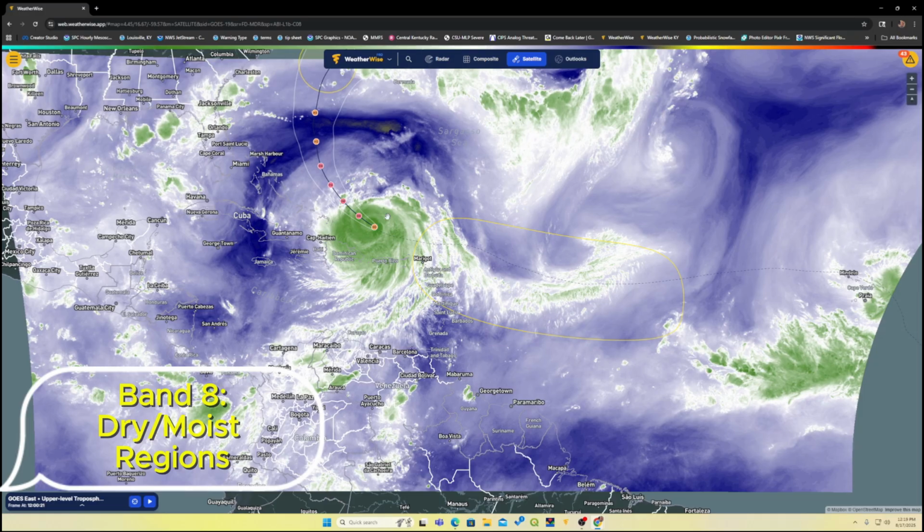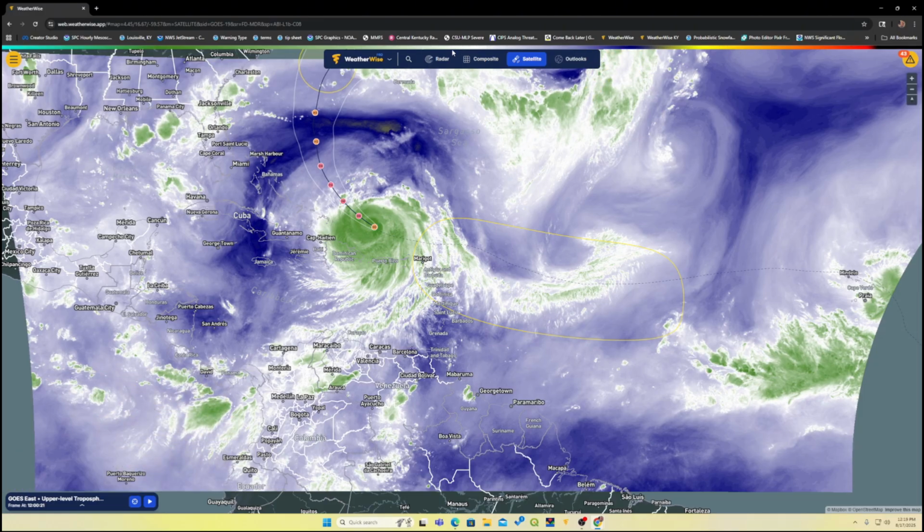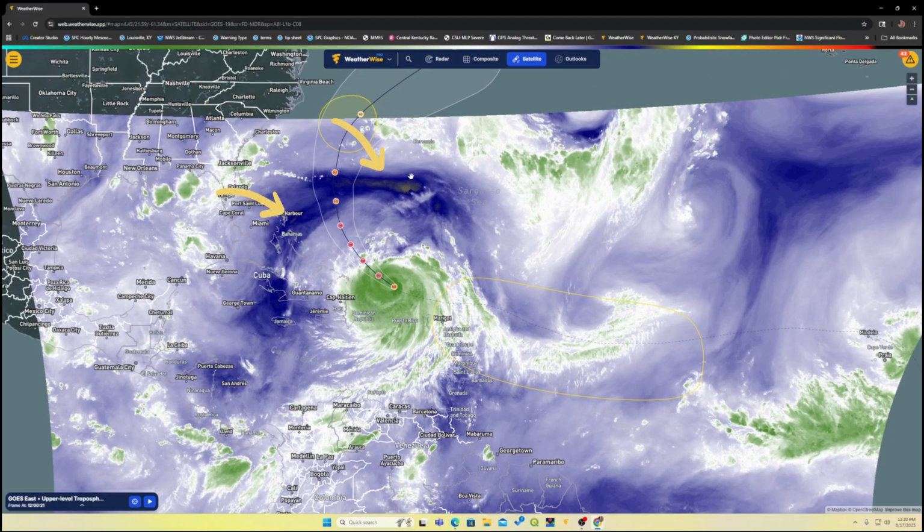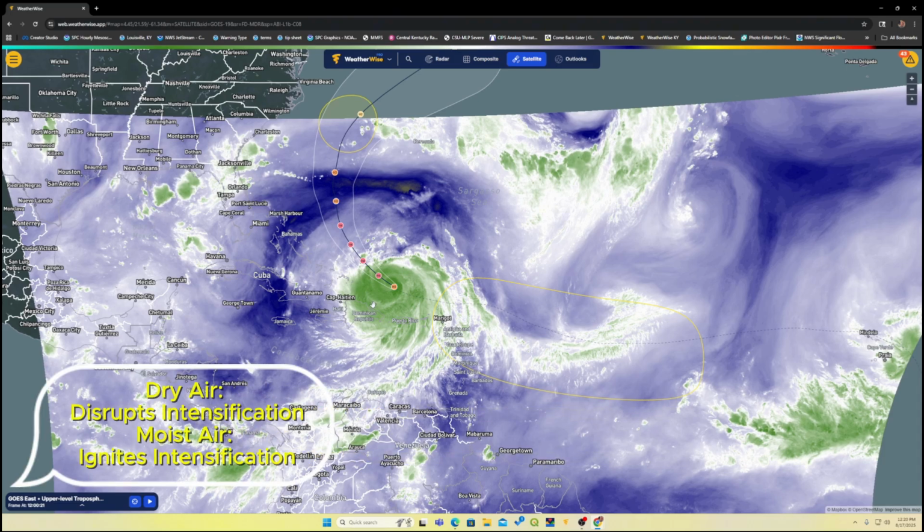Basically, what I mean by that is, if you look up here at the key, on the right side is your drier colors, on the left side is your more moist colors. And you'll see we do have a pocket of dry air far north of the actual hurricane's position right now. But near the hurricane, there is almost no dry air occurring. Now, why is that important and why is this useful to tracking hurricanes and one of the more useful tools? Dry air works to make a hurricane or tropical system a little bit weaker or give it a harder track